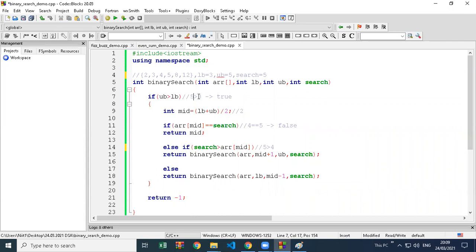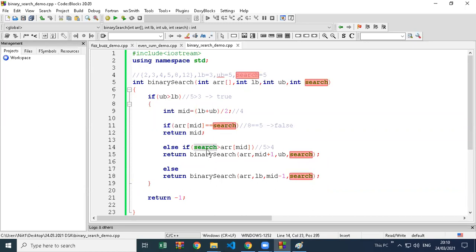So again we'll start. 5 is greater than the lower bound, still correct, true. Lower bound is 3, upper bound is 5. 5 plus 3, 8. 8 divided by 2, 4. Same thing happening like when we searched for 8. So now what is ARR of 4? ARR of 0, ARR 1, ARR 2, ARR 3, ARR 4. ARR 4 is 8. And what we are searching for, 5. So is it same? No, it is not same, false. Second time also it became false, second comparison.